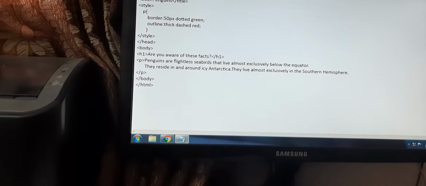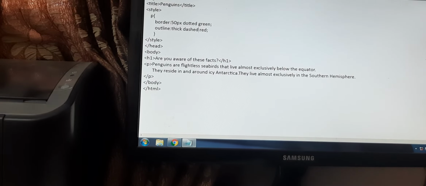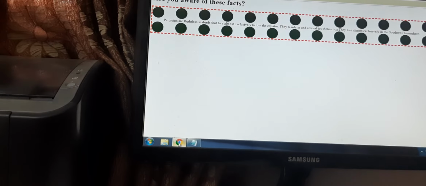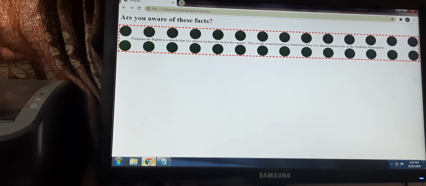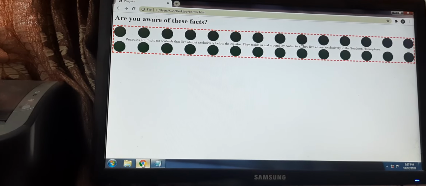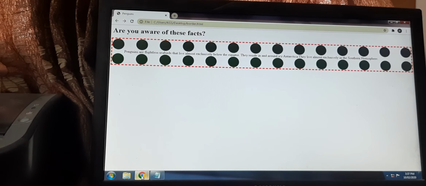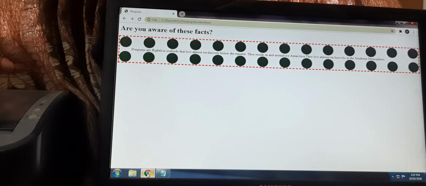Now I'm going to save my changes and refresh my screen. Yes, you can see the change that is getting incorporated now. I guess you are clear with this particular concept.